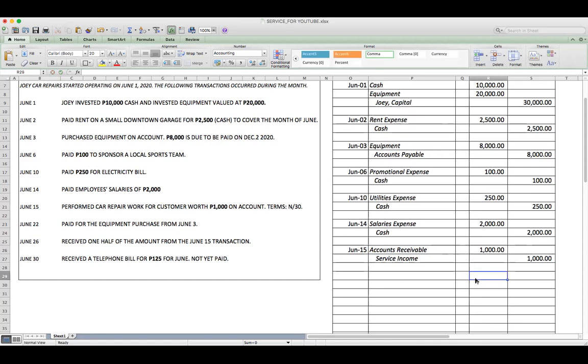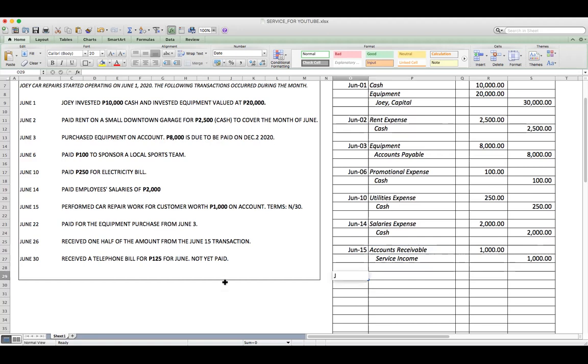So, to those asking why accounts receivable became an asset, our number one asset, okay, is cash. So whenever we are collecting the accounts receivable, it will be converted to cash. That is why all receivables are of course assets. Okay? So that is the notion of the explanation that we give there.